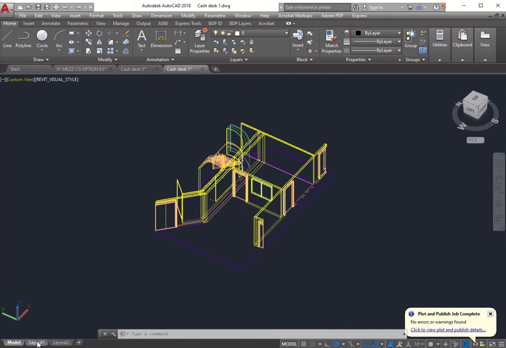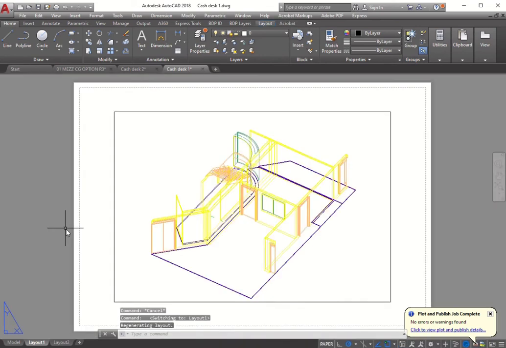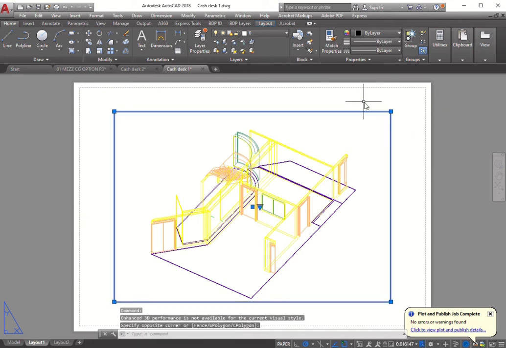When you first go into the layout sheet or paper space, you will automatically get a viewport that appears, and this will be to the extent of the work that you've already carried out in the model space. I would delete this and create your own,